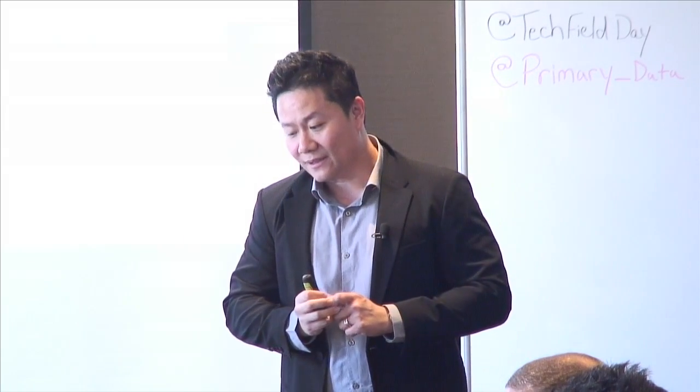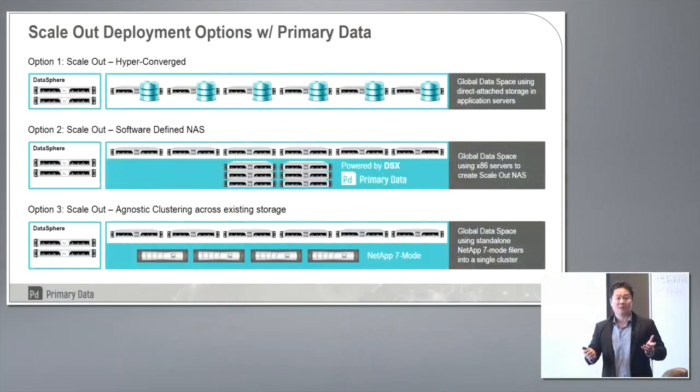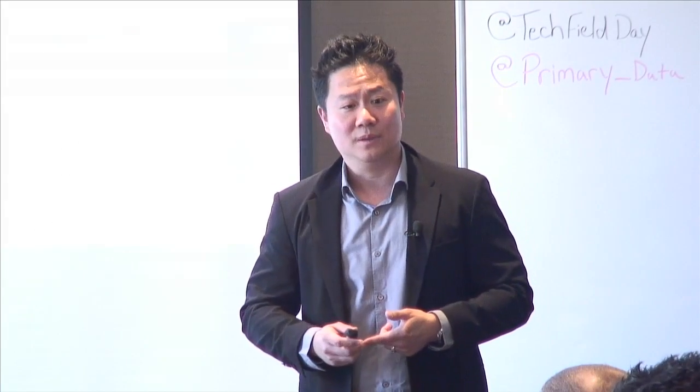The other example is now taking a white box approach, right? So you can take an x86 server with internal SDS, with internal HDDs or NVMe or SSDs, and treat that like an Isilon, right? Treat that like a SolidFire, and now being able to have much higher performance as well as much lower cost and not being locked into any particular vendor. And then the third option, which is actually...